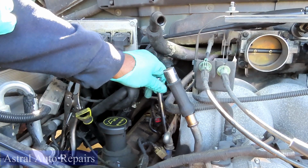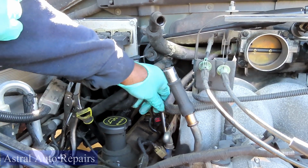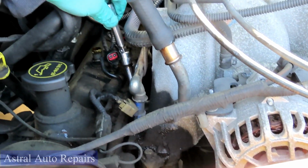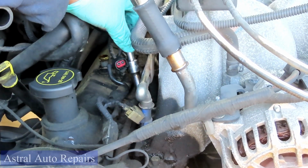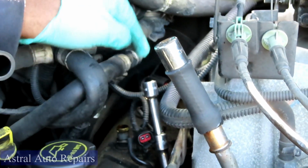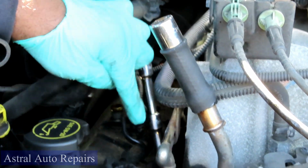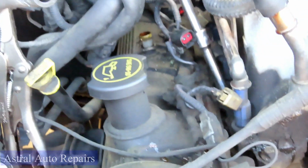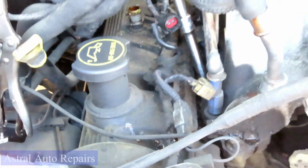Set your setup down onto a spark plug. Then add your 4-inch. Now, why am I doing that? Because once you get way back there, it's going to be kind of difficult to put the whole setup there. You're going to have to actually put one at a time. Then, at this point, guys, you can either